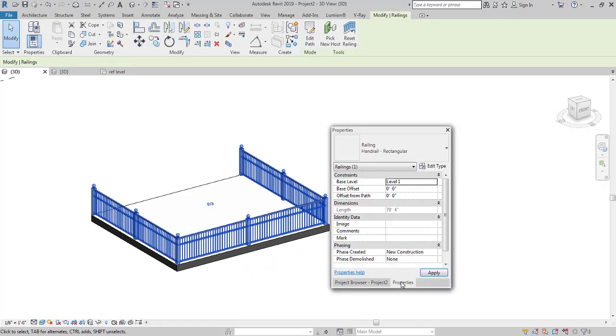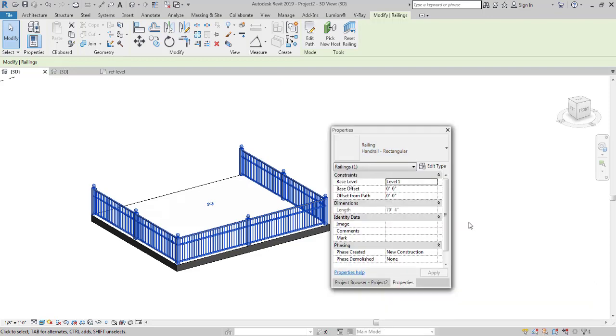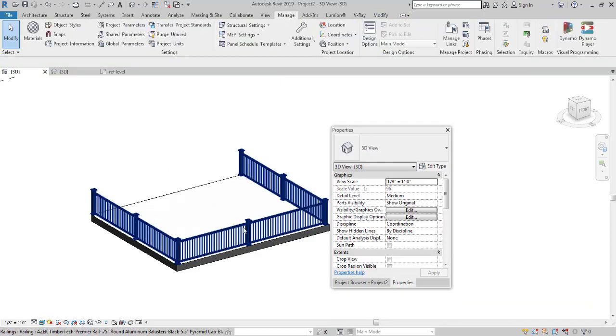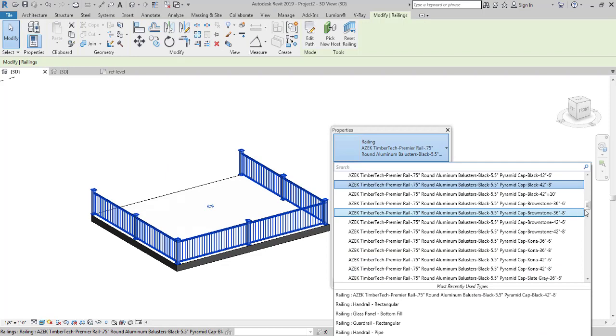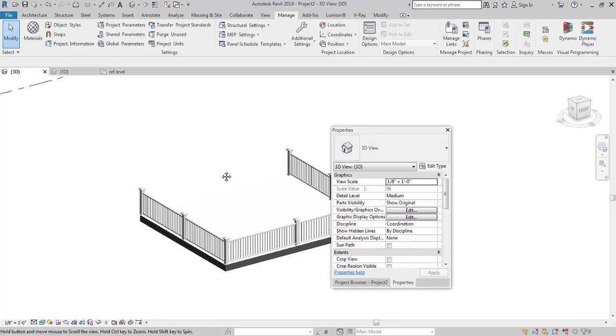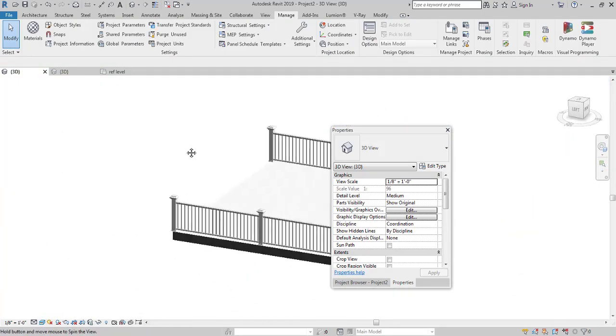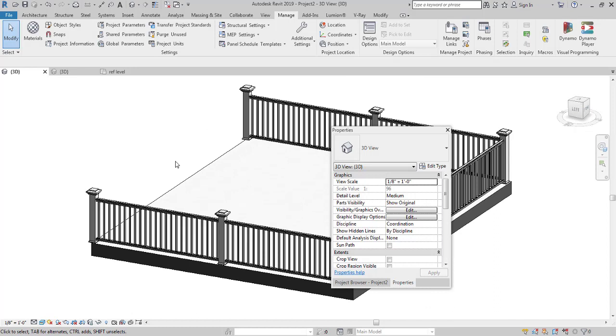Click on the railing over here, go to the properties, and voila, as you guys can see, we have a ton of different railing types available. This is how I tend to work with my projects to save time, and this is how you guys should work as well. So that's pretty much it for railings. I tried to go in depth of railing as much as I could, and I believe if you guys practice and watch this video, you guys will also have somewhat of an intermediate to expert level of an understanding of how to work with railings.